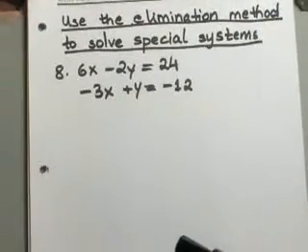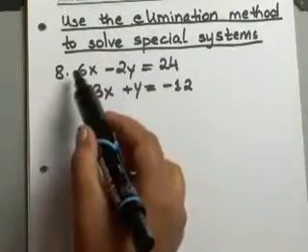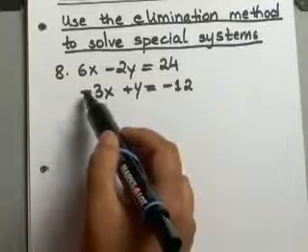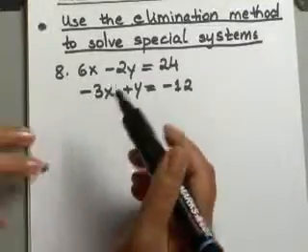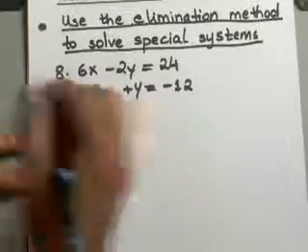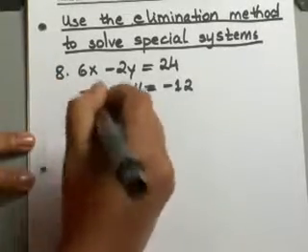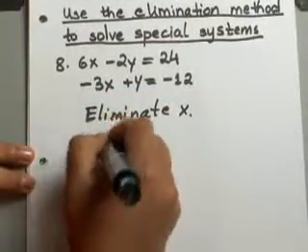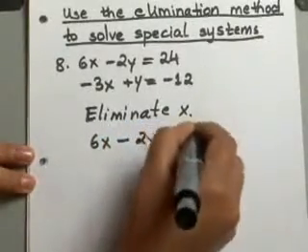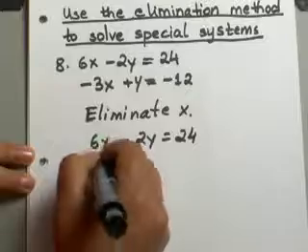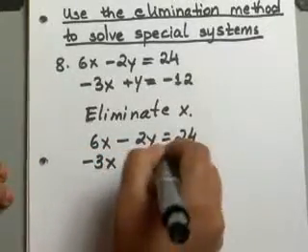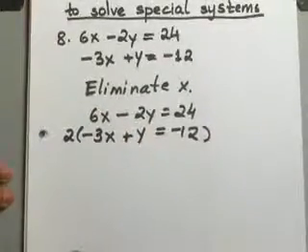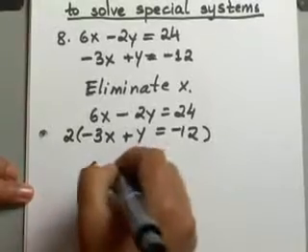Let's say we want to eliminate the x variable. To eliminate the x variable, you have 6 and negative 3. If I multiply my second equation by 2, that should help us out. So let's go ahead and eliminate x. You have 6x minus 2y equals 24. Your second equation is negative 3x plus y equals negative 12. And we are multiplying our second equation by a positive 2. That should give us,